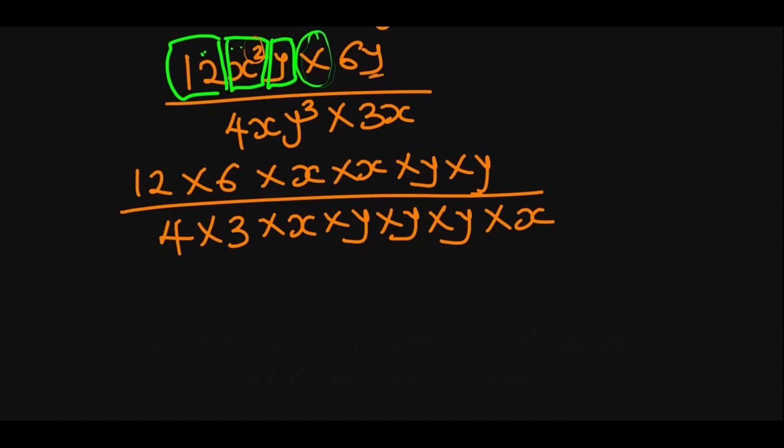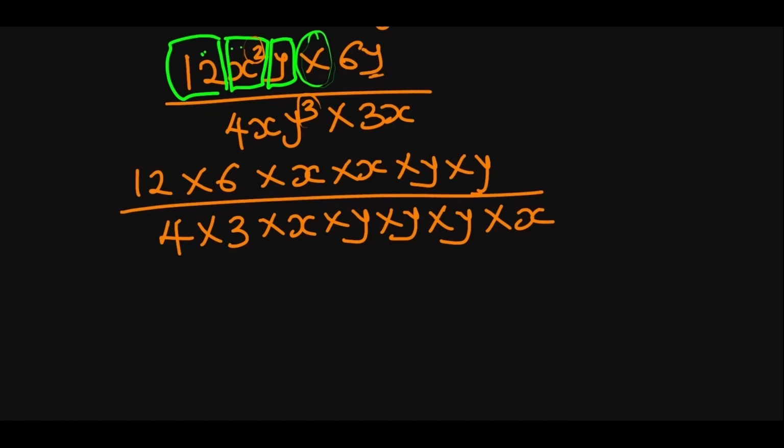Now, let me mention that the reason we are doing it this way is because we have not done powers. When we do powers, which is the next lesson, or indices, you will see what we call the laws of indices, which help us to manipulate variables or letters such that we don't need to spread them out like this in order to simplify them. In their states of superscripts, those laws of indices will help us to manipulate them to get the correct answer. So when we get to the next lesson, you will understand what I mean. But for now, let us stick to this because we are still at the stage of doing it basic.